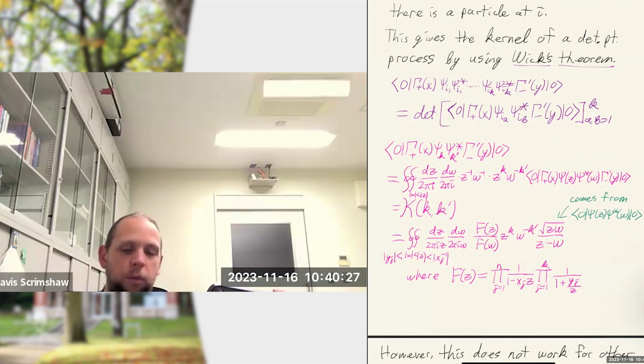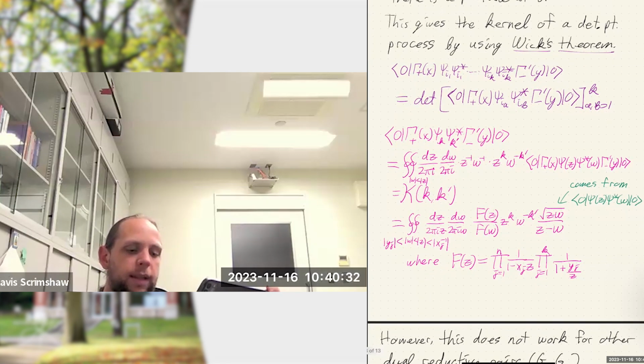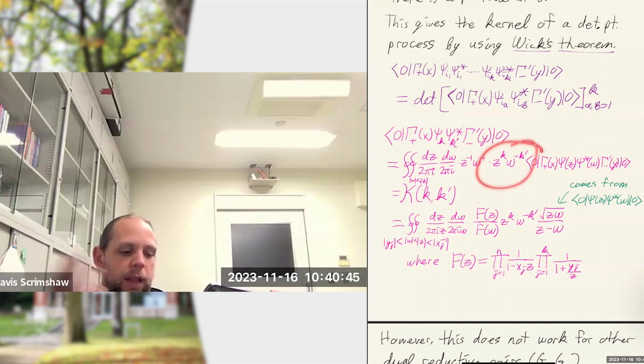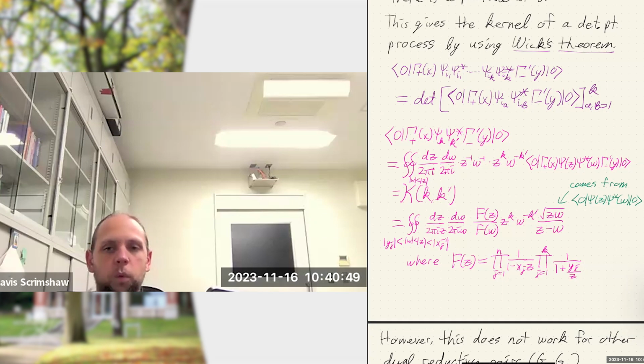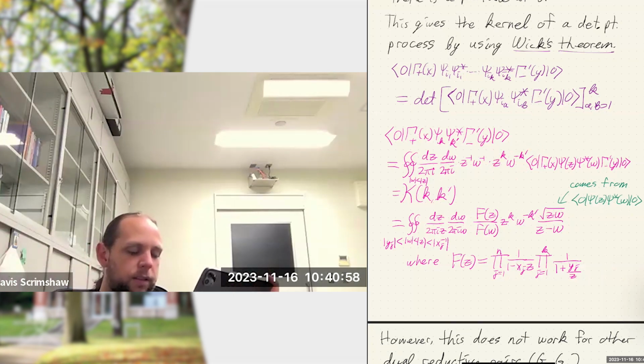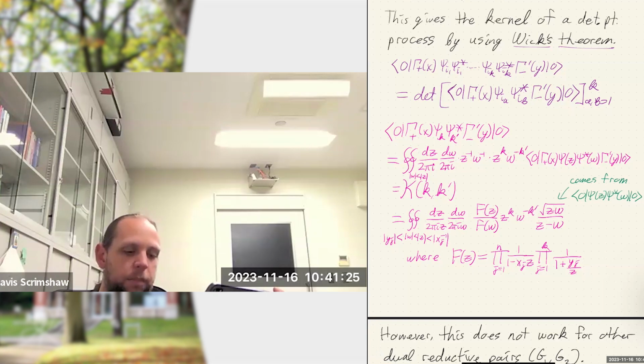So how do we actually write what this function is? Well, we use those generating series that I had before, and I just take their residues at the appropriate values. So if I do it generically with k and k prime, then I'm just getting the residues, or because of W being in W inverse, this is all inverted, but it's essentially the same sort of residue type computation as before. And so I then use all of those commutation relations to move the gamma plus over here, the gamma minus prime over here, and that picks up some factors, some in Z, some in W,